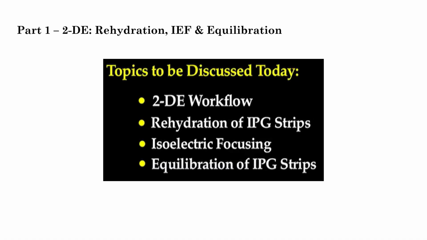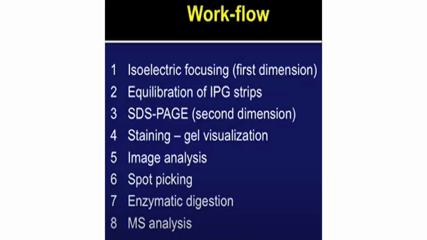Okay. So in week 3, as we already did a bit of understanding about how samples are prepared, after the sample preparations are done, one of the ways of analyzing the sample is two-dimensional electrophoresis. This is the basic workflow of two-dimensional electrophoresis, wherein the first dimension is isoelectric focusing. Then you equilibrate the strip where you have done isoelectric focusing. Then the third step is doing the second dimension, which is SDS-PAGE. Then after you run that,